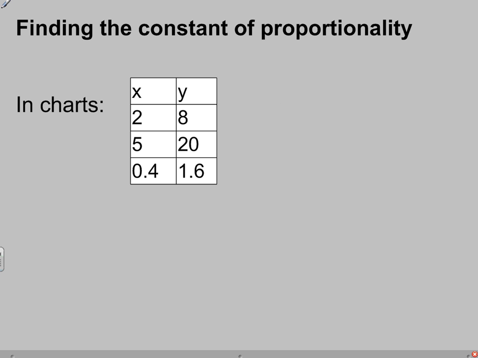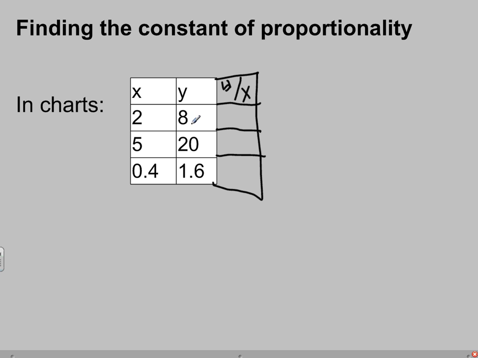So let's look at how we actually find the constant of proportionality. And you did a little bit of this yesterday in class. So in class yesterday, you guys had some tables, and it asked you to find the ratios of y to x. So write this chart down and then put a third column on it that says y over x. A lot of you guys did x over y, if you remember, and I had to remind you it says